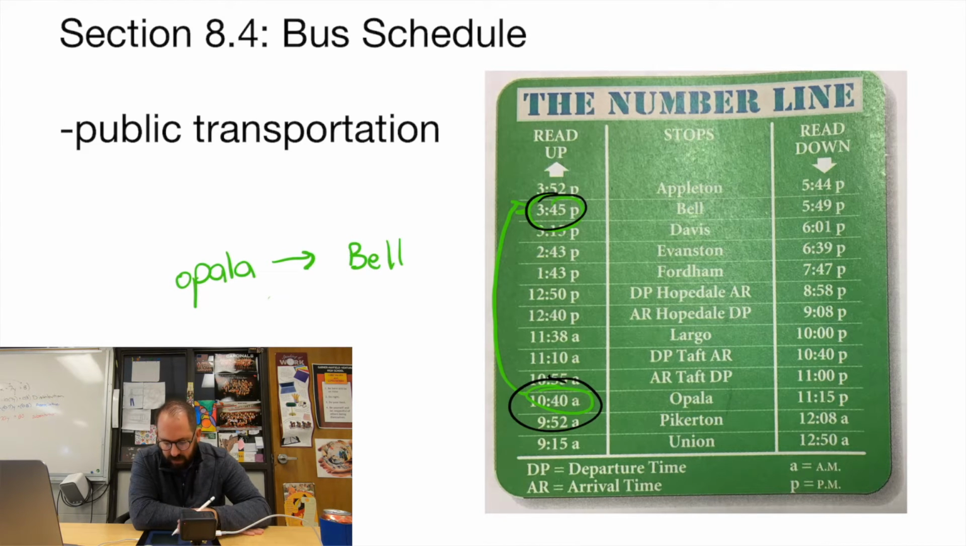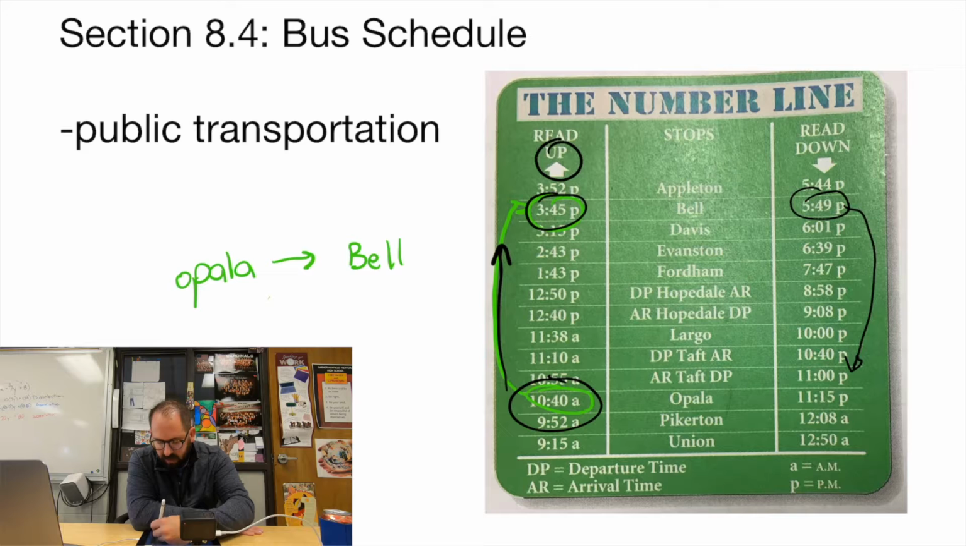So you have to kind of read. How I know that is because the arrow is telling you you're going up. I'm going up this direction. This is how I read it. If you're going the other direction, from Bell to Opala, then you're going down. This bus schedule is basically morning to afternoon. That's a long time. If you're getting on the bus at 10